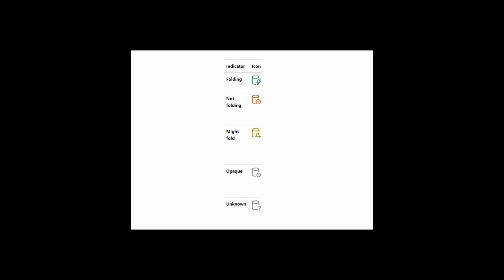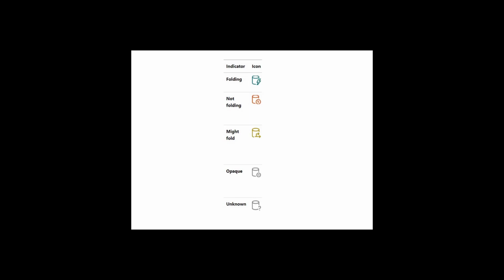Usually this points to a constant kind of table, and it can't determine whether pushing it down to the data source will give any advantage. And finally, unknown means even the execution plan for that particular step cannot be determined, maybe because of an error, a configuration problem or some other reason. So that is known as unknown. It will not be able to take a decision on whether it can be folded or not.